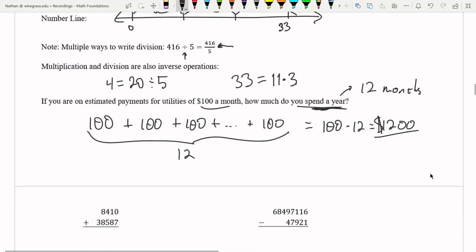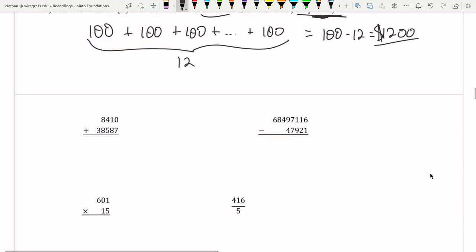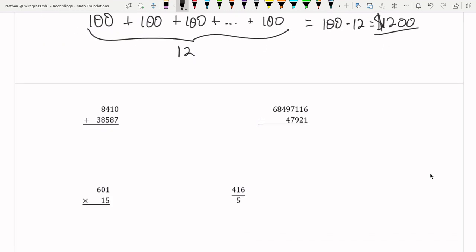Okay, now I've been showing addition and subtraction, multiplication, division by hand because I've been using simpler pairs of numbers. You can do all of these things by hand, but in general, there's no reason to. We have calculators that are much faster than we are at doing these operations, and I suggest you use them. But just to show you the process,